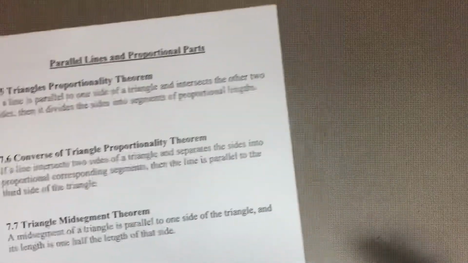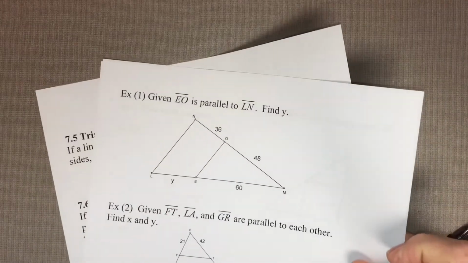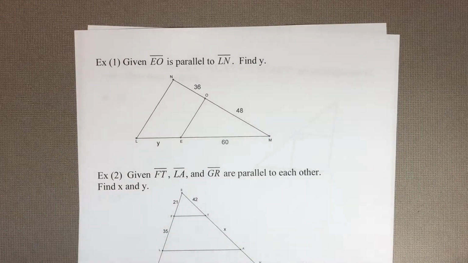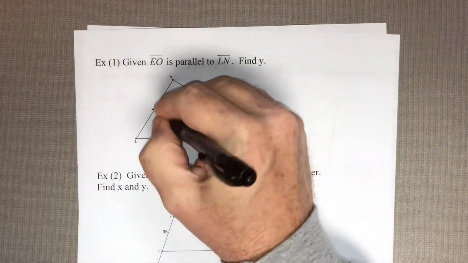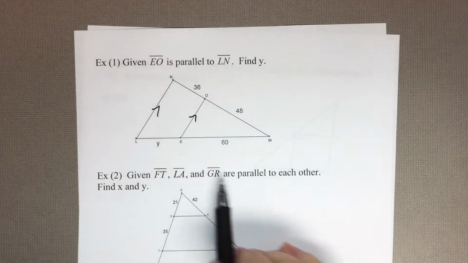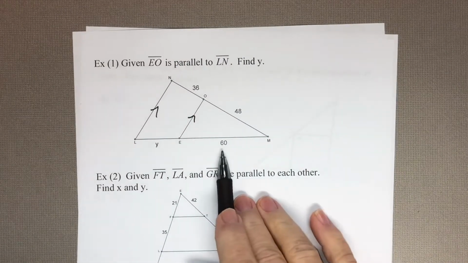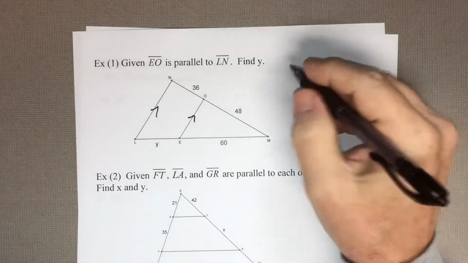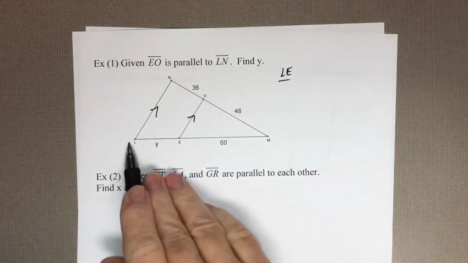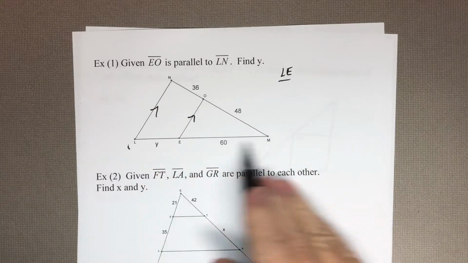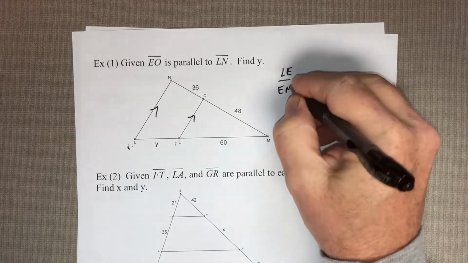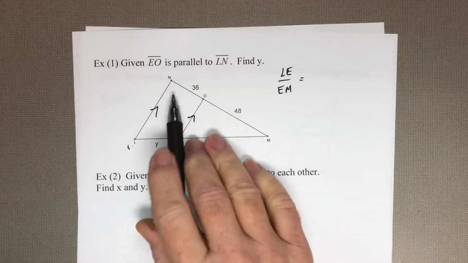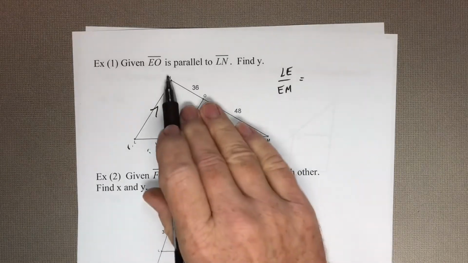All right, let's go to the next page. On the next page, we're given that segment OE is parallel to segment LN. Find y. Well, those are parallel parts, and that means that, staying on that same transversal line LM, LE divided by EM would equal, now go over to the other transversal, and what would correspond with the LE? That would be NO